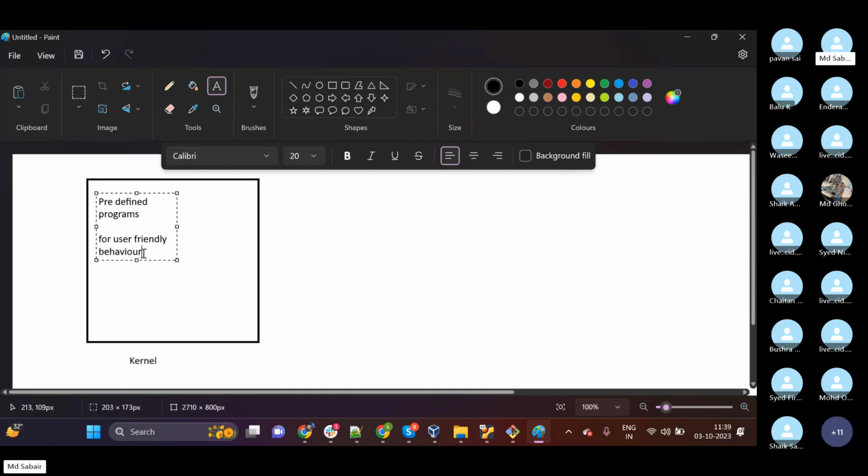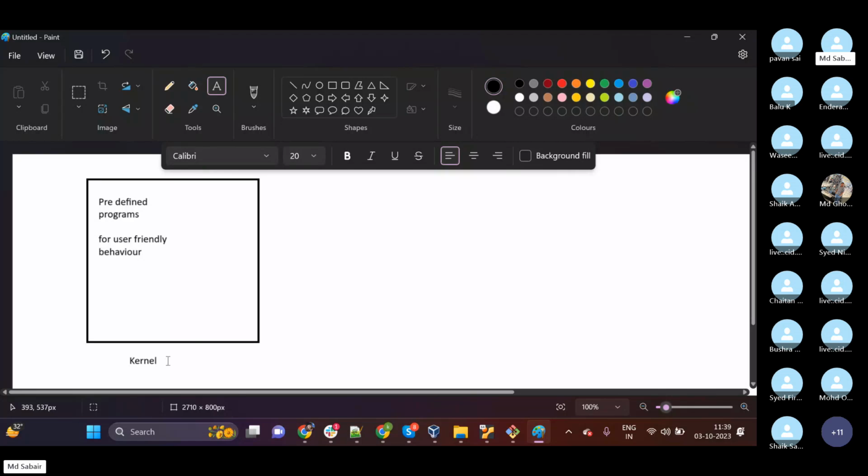If you want to create any folder, you should not be writing the command again and again. You can just use this feature, execute it and do your work. So they combine all the important predefined programs and create one kernel. And this kernel is nothing but the heart of the operating system.